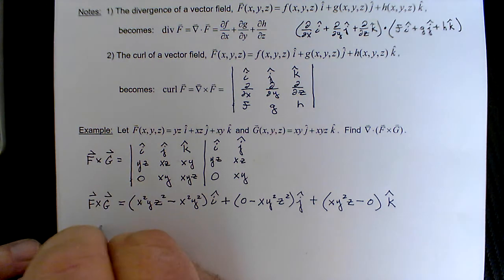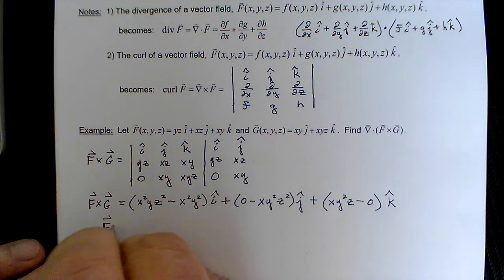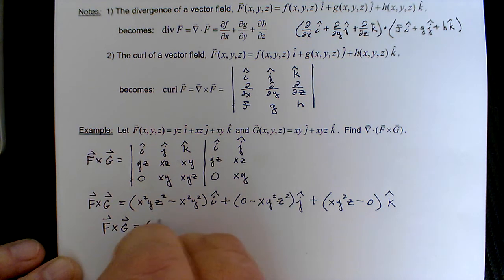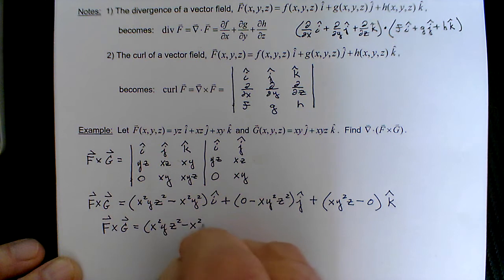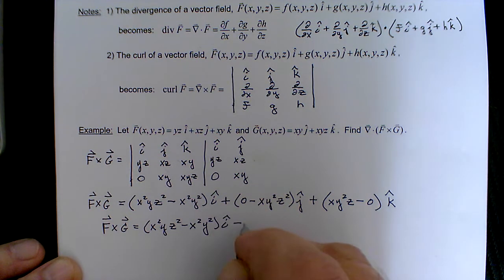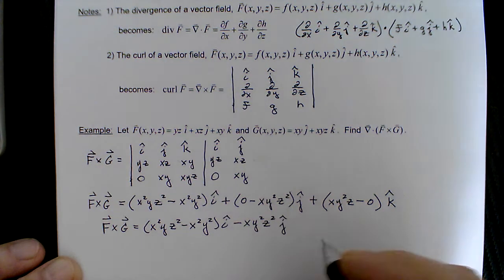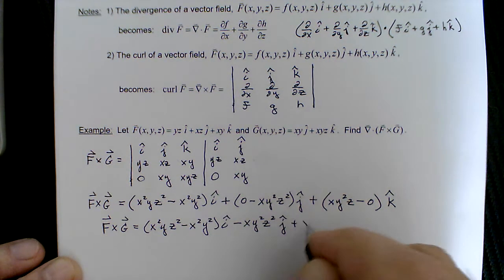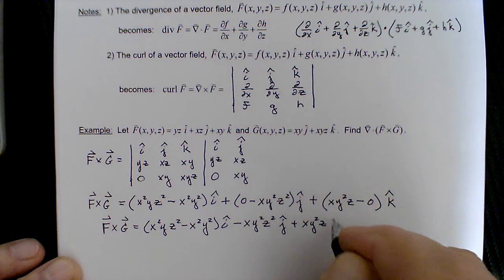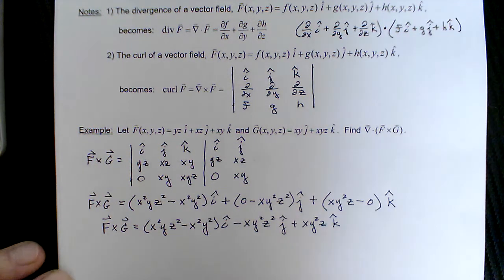Okay, so if we wanted to rewrite that, f cross g is x squared y z squared minus x squared y squared times I, and then minus x y squared z squared times j, and plus x y squared z times k. Okay, so now